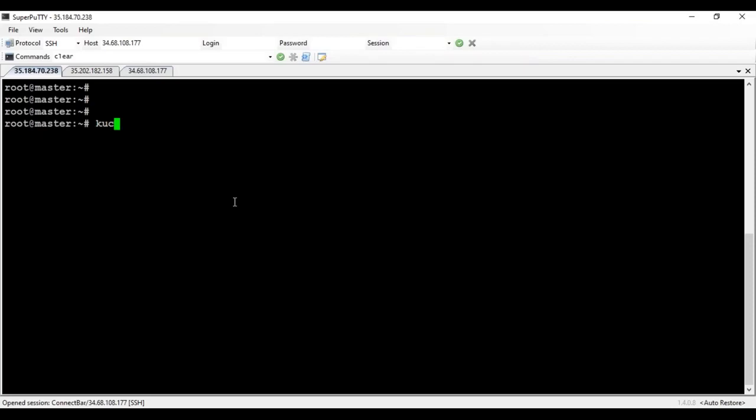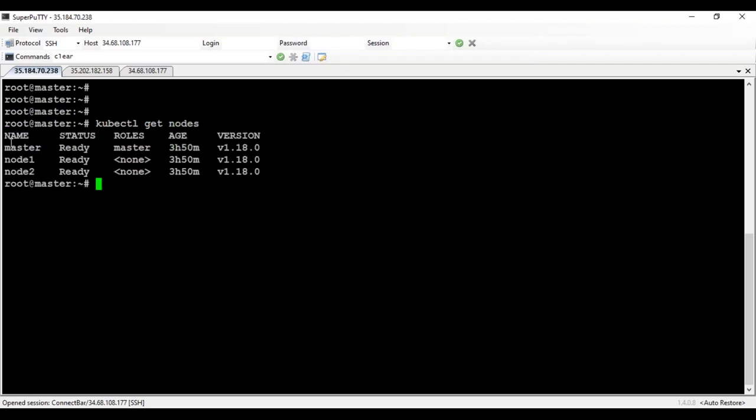The basic thing: kubectl is the command line utility to execute anything in your Kubernetes cluster. Let's say get nodes. Now you can see that there is one master node, the role is master, and there are a couple of nodes. Now there are various system services that we talked about. We can look at them quickly. kubectl get pods --all-namespaces